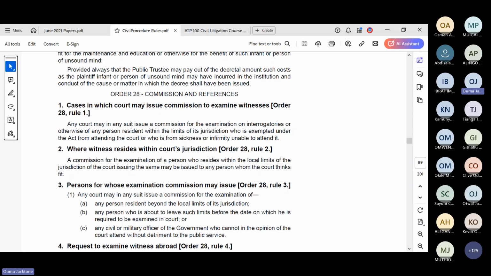Or conduct a local inquiry. For instance, the residents of Rongai have complained that everything is not constant in Rongai except dust. So the court will want to know, what is the problem of this dust in Rongai? So the court will send a commissioner to Rongai to go and conduct a local inquiry.